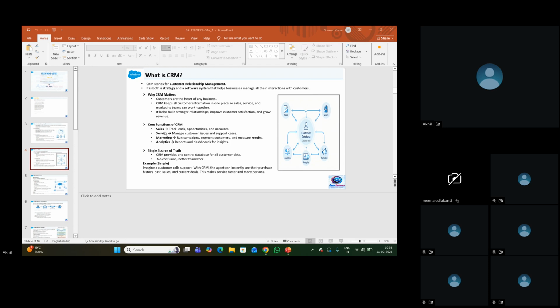Then if the lead, let's suppose Shiva is a lead, is interested in the product, then we'll convert that lead into a customer. We have an application, and the people who are using our application are called customers. So we'll convert him into a customer.